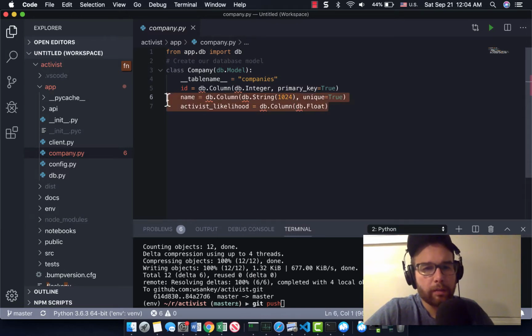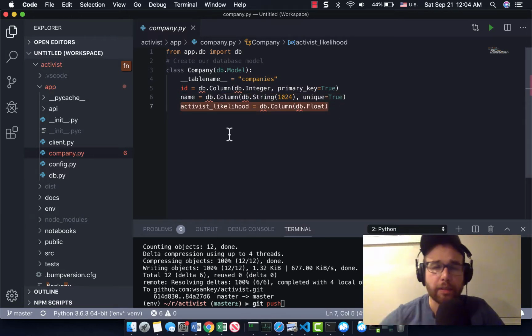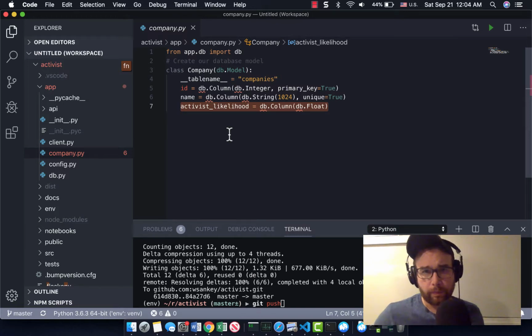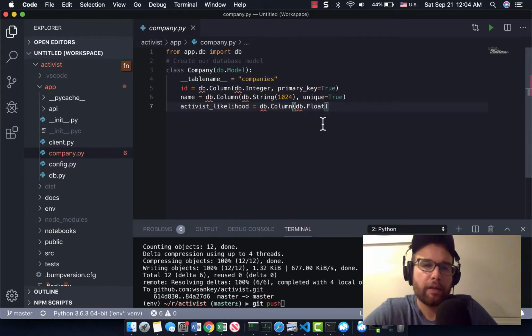And then this one variable that we'll start with is this activist likelihood. Now this schema is likely to expand as more pieces of information are brought in, and I will have to migrate existing records from there. But you could see that this is how you set up your typical database model